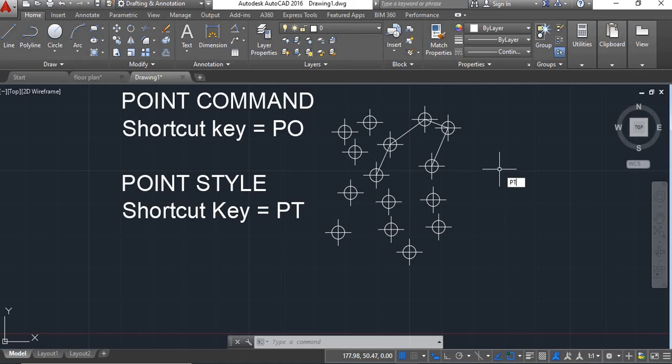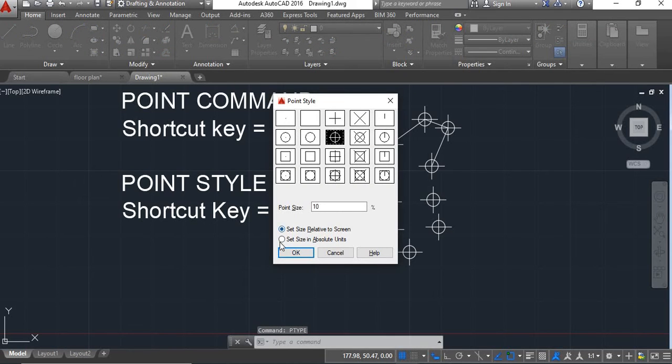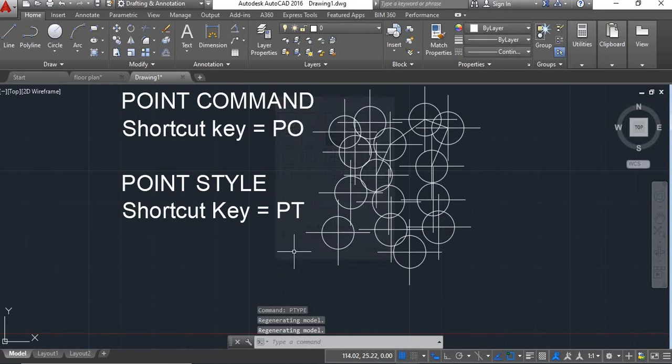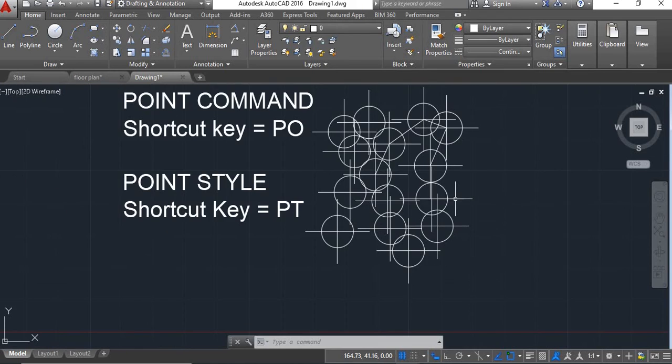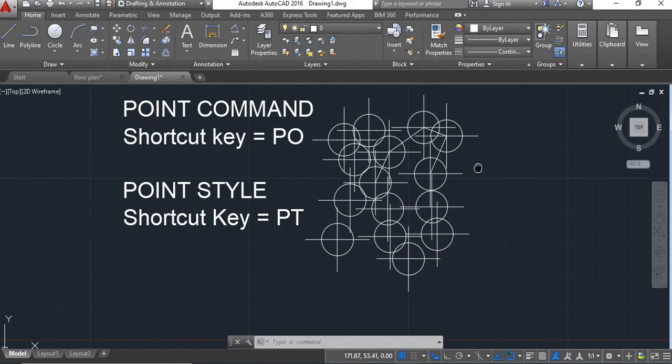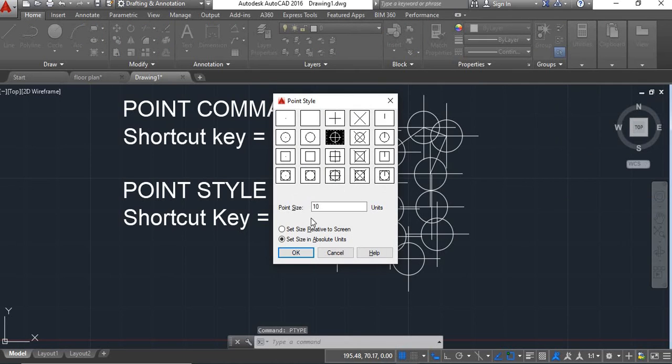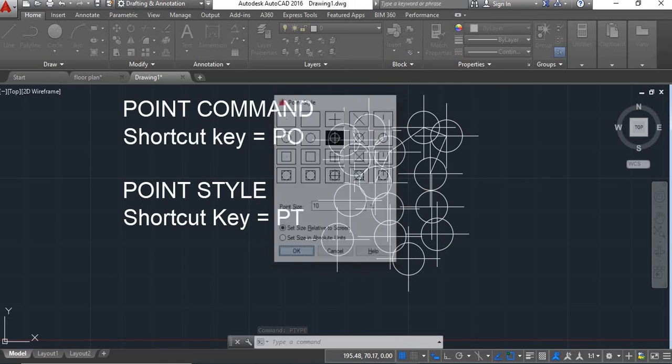Again if you take PT and select this set size in absolute units and say OK, then the size of these marks is 10. We have given 10. It will remain as per the actual units. So here we'll have to take the set size relative to screen and say OK.